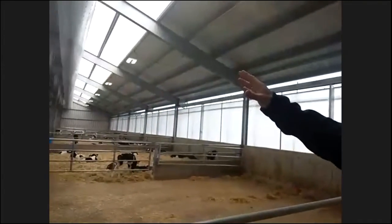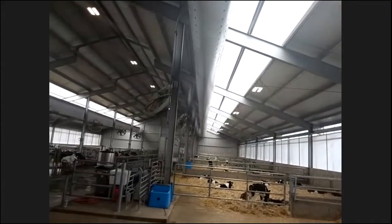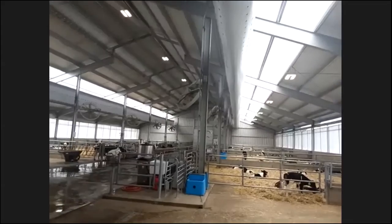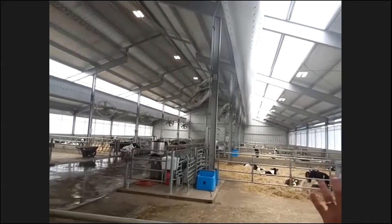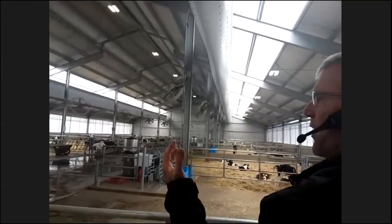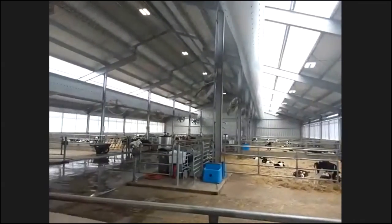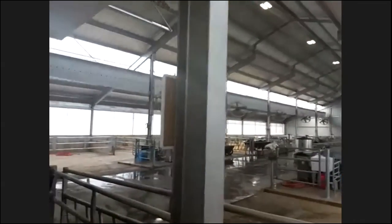So in our barn, this isn't just a barn with a roof on it. I don't know if you can see the curtains behind me and the fans that are up in the rafters here. It's very important for our animals to have air transfer, is what we call. We want the air in this barn, when it's closed like it is on a cold day like today, to be exchanged in here every 15 minutes. And so we have